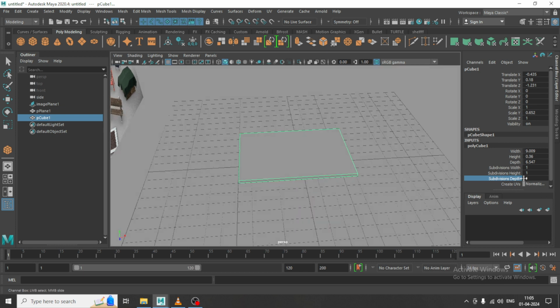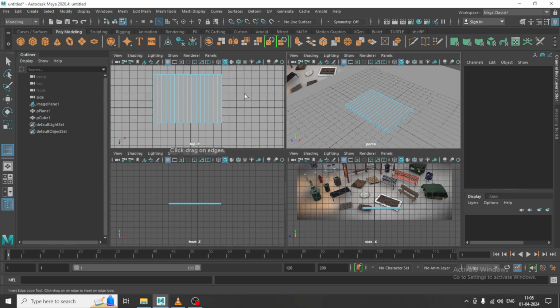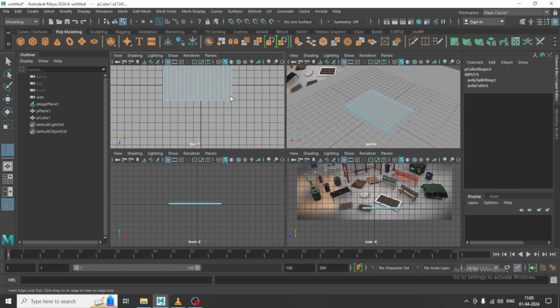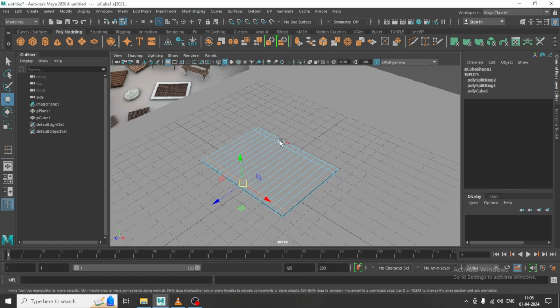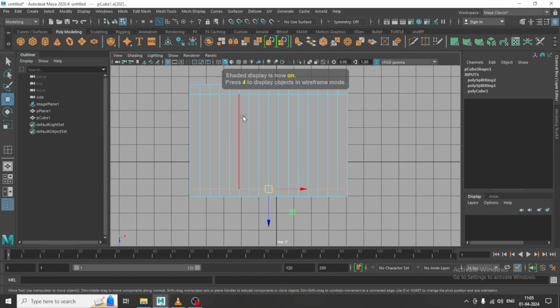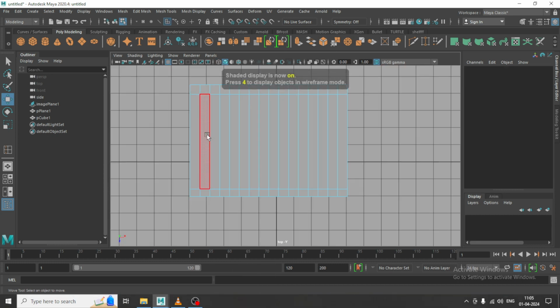I can slightly increase this in this way. Go into the mesh tool, let's go to the top view. I'll add one loop over here. Select the polygons. If you press 4 you will get a wireframe,